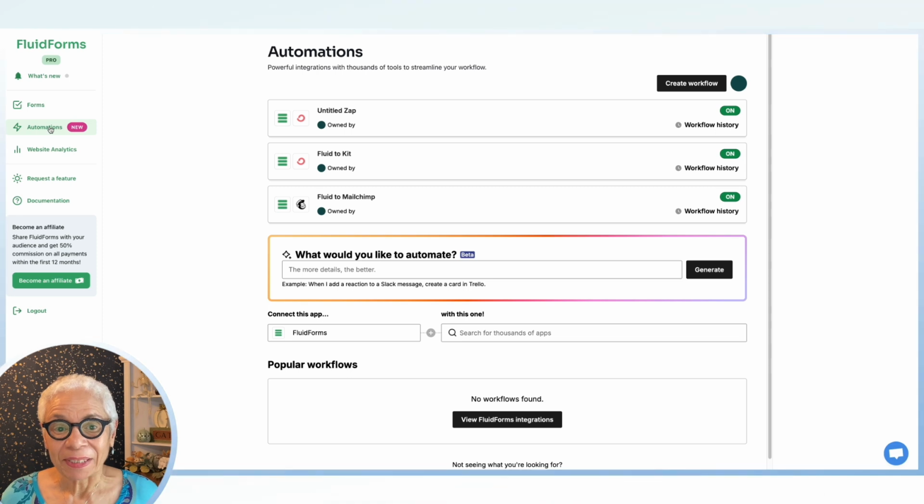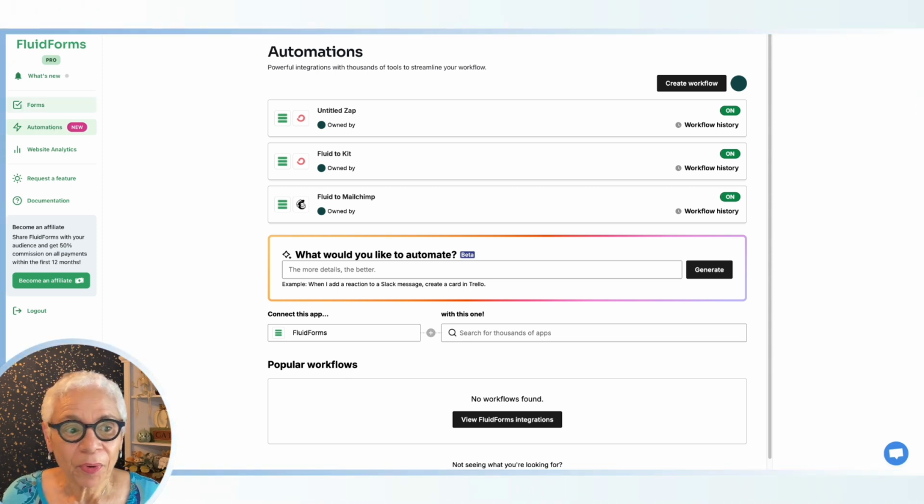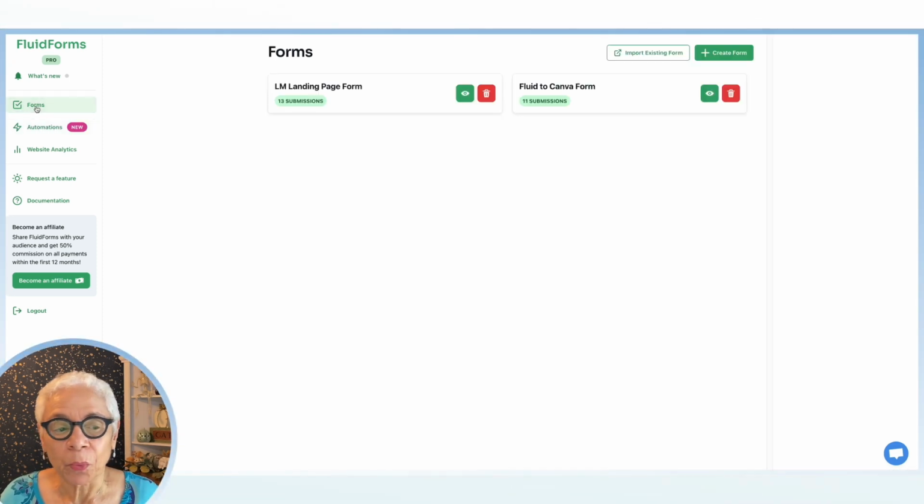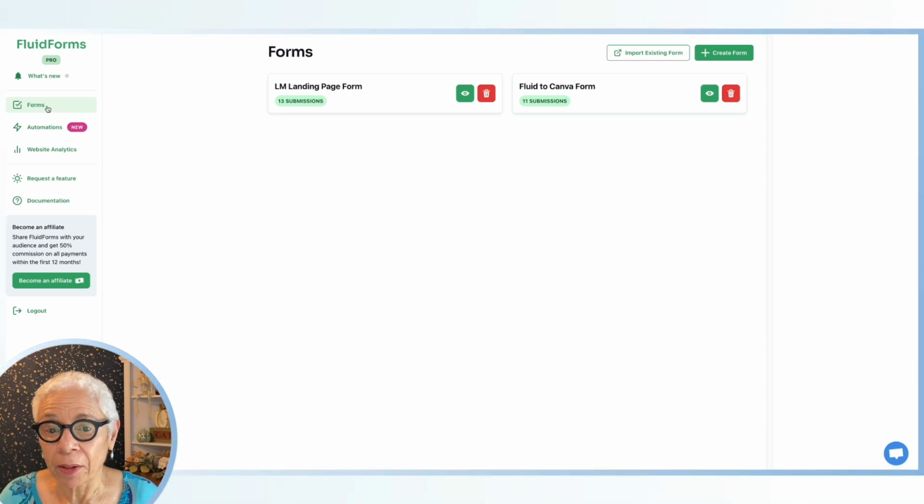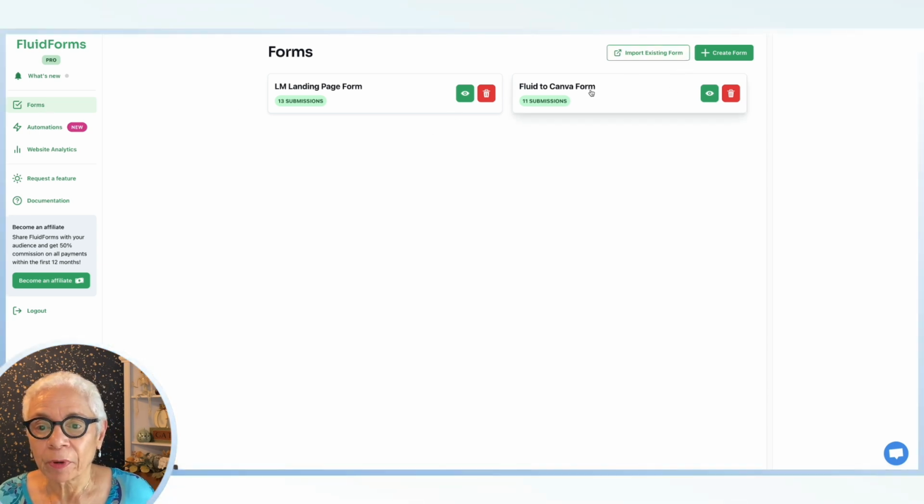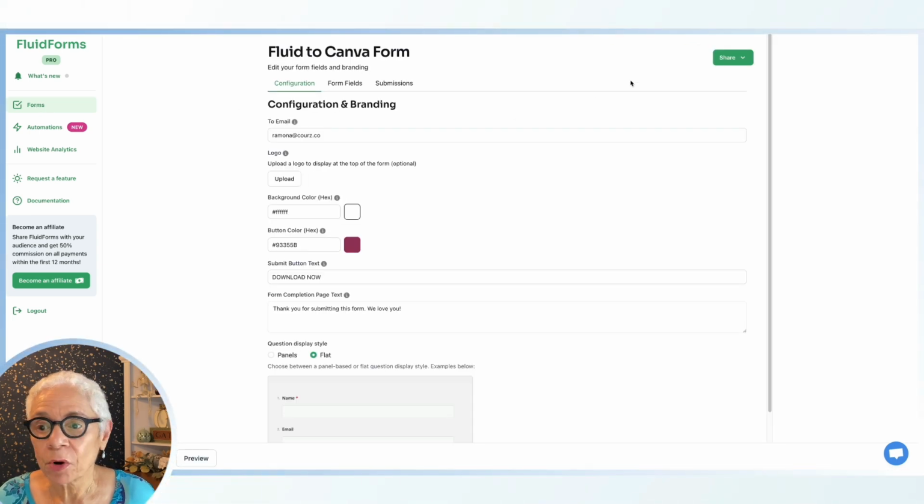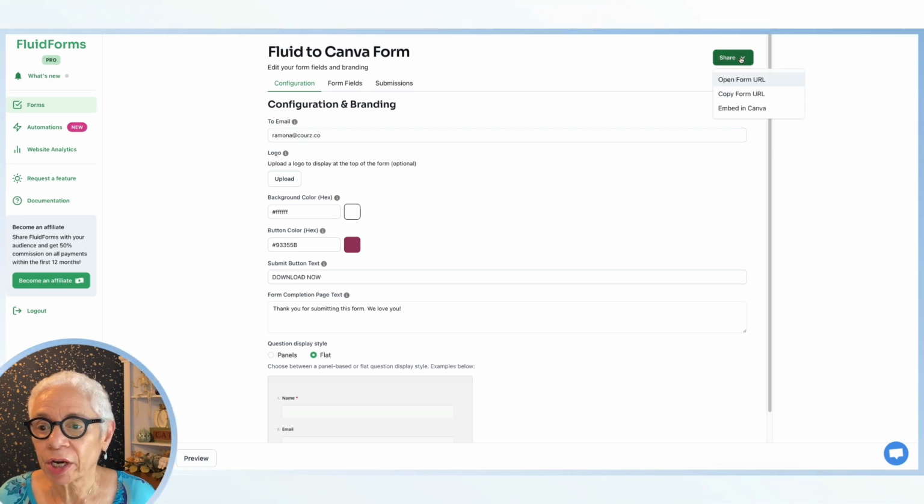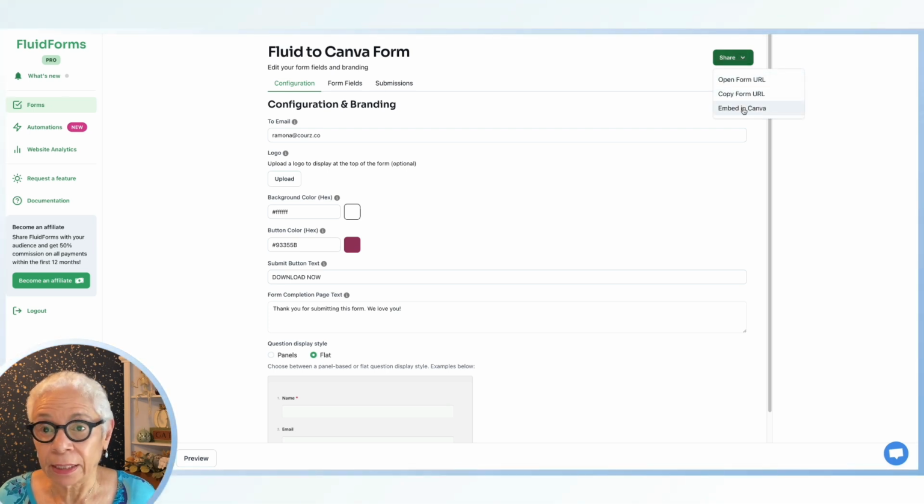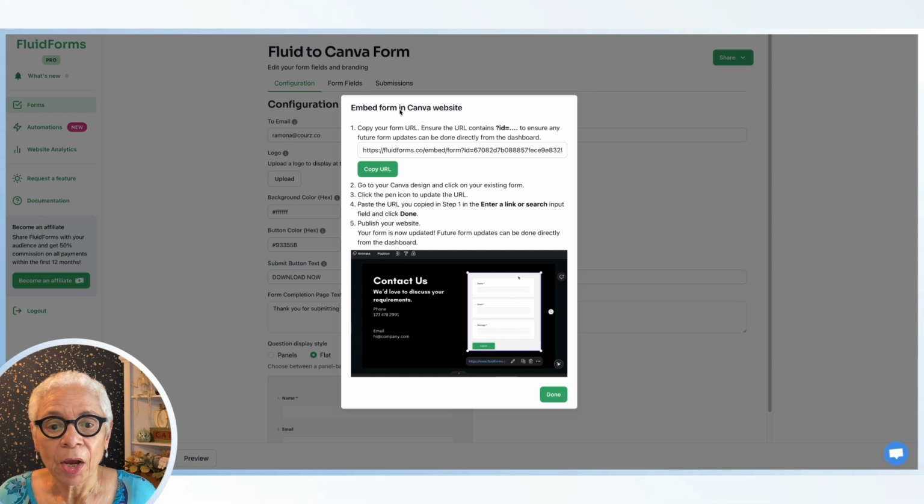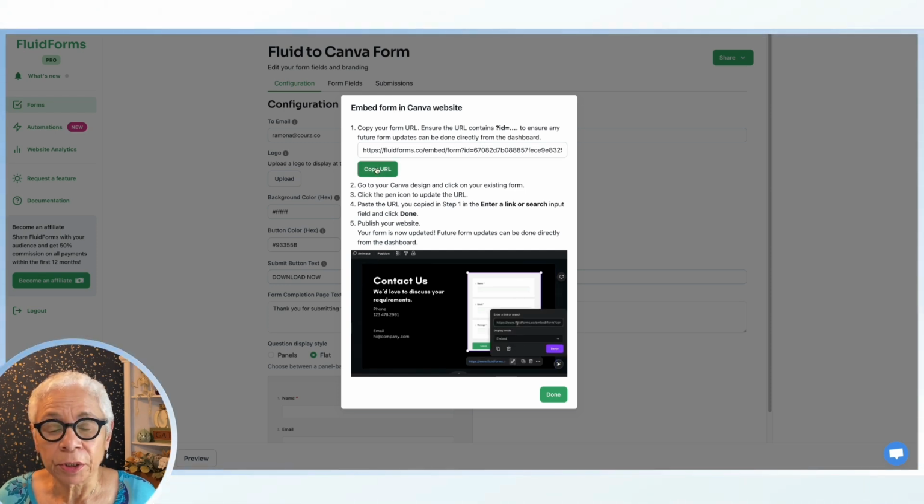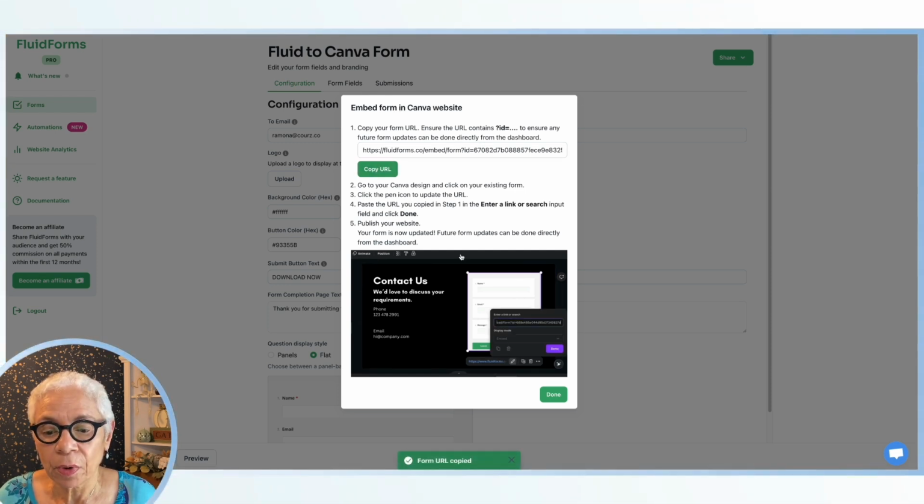Almost done, I promise. We're going to jump back over to our form here, and we are going to grab a URL, open up our form, Fluid to Canva form. We're going to jump up here to share, and we got embed in Canva. Beautiful thing. Okay, a little bit of reading there. All you need to really do is copy the URL,